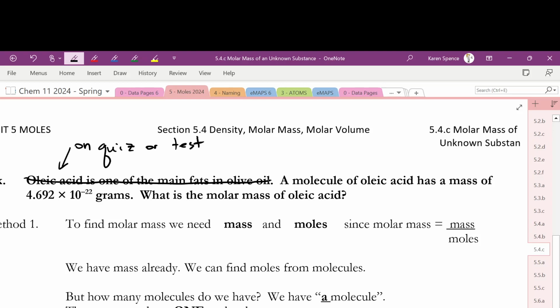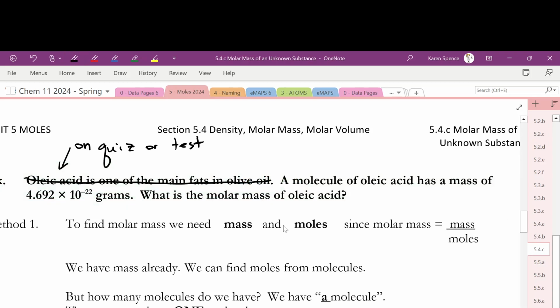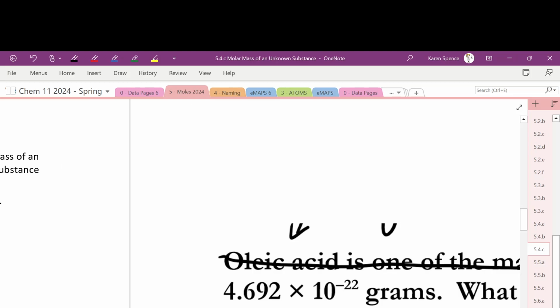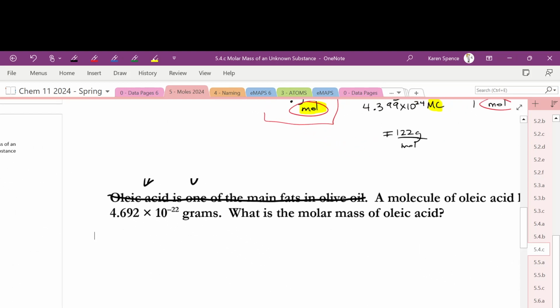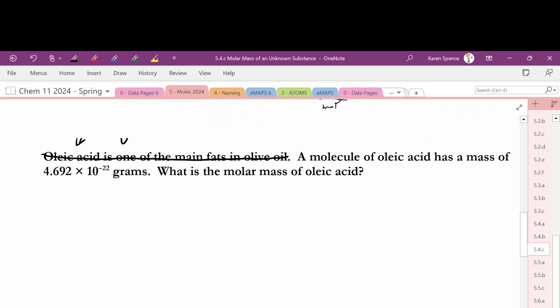How are we going to find its molar mass? Well, it's an unknown substance. Therefore, we cannot use the periodic table. Therefore, we have to say molar mass is equal to the grams divided by the